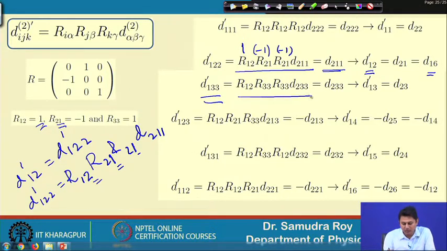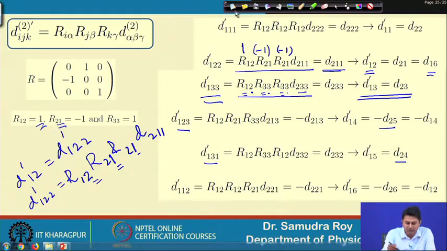Again in a similar way we have to put R1, 3 and 3 here. So, R33 is non-zero. So, I need to put 3 here, and once I put R1 I need to put 2, so that we have non-zero elements here. If you calculate meticulously, you will find that all the other elements will be 0 because of these R matrix components. So, now D233 you need to put. From here we can find that D13 prime is essentially D23 in the non-prime system. In a similar way we find D123 which is this, D13 which is this and so on.